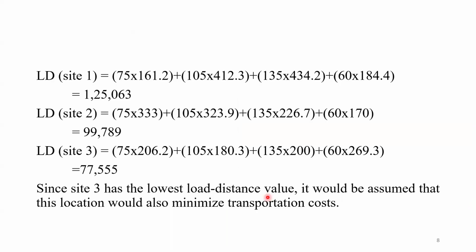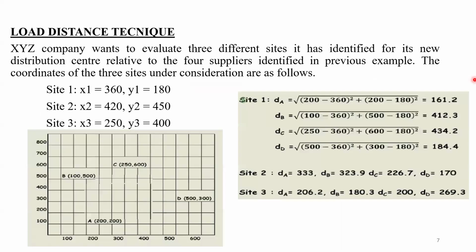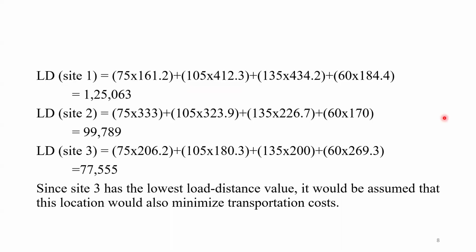So with this, I'm going to multiply the weightage. 75 is the weightage given to me, 105, 135, and 60 is the weightage given to me. I'm going to multiply and add with all the weightages given, and whatever site score I have got, 161.2412, I'm going to multiply it with the weightage, and again I'm going to add it with all the things whatever I got,